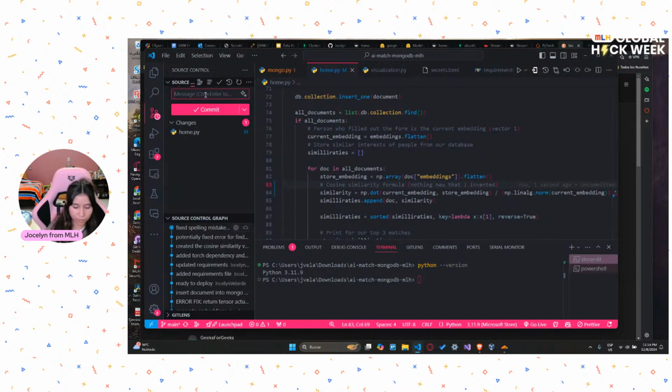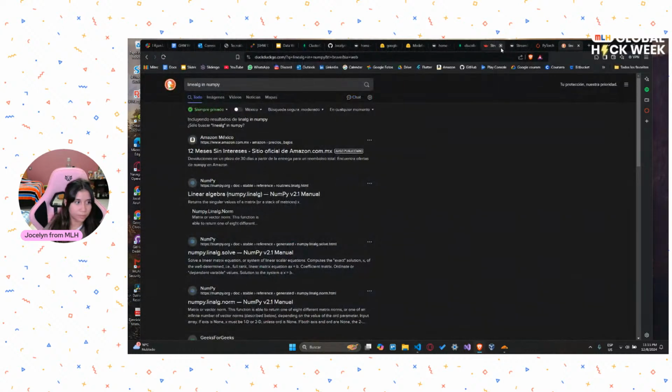Perfect. So corrected linear algebra mistake. Nice. So hopefully that is the last error that we get. Let's see if our application has been deployed. Perfect. So let's go back to our app